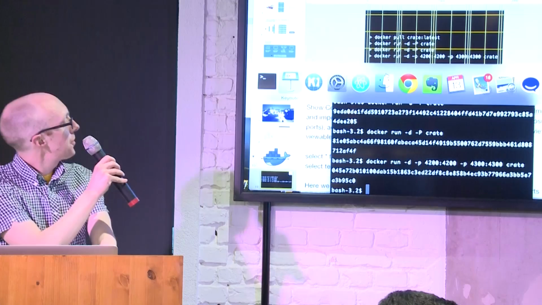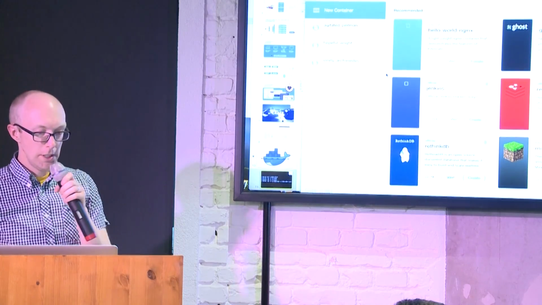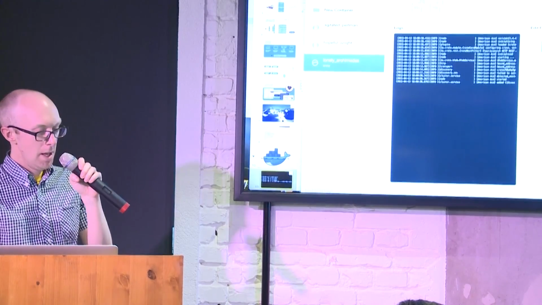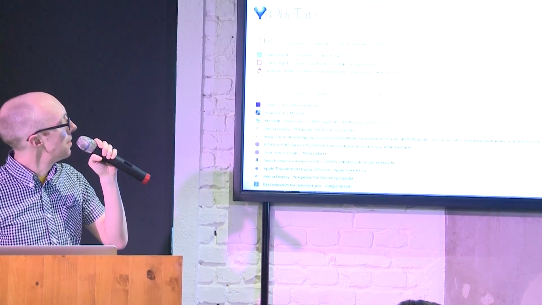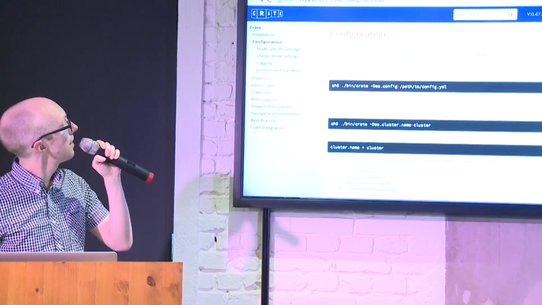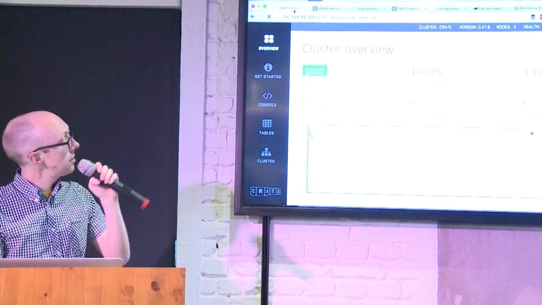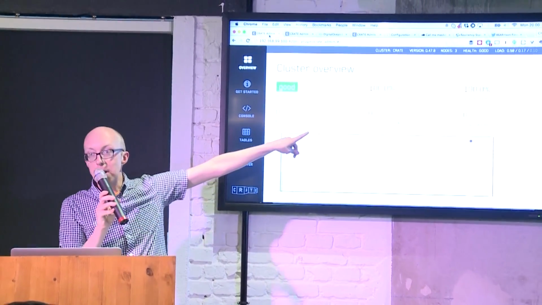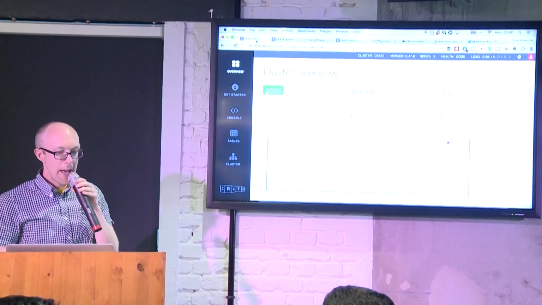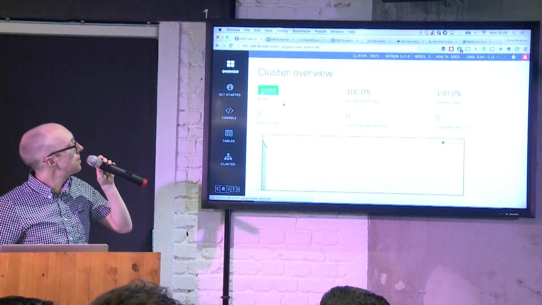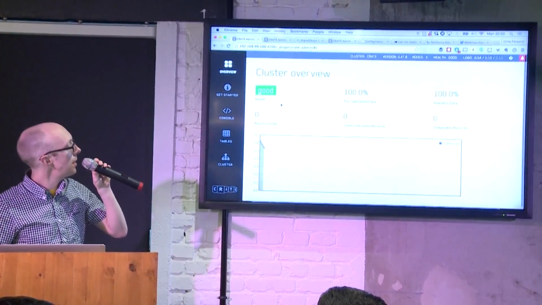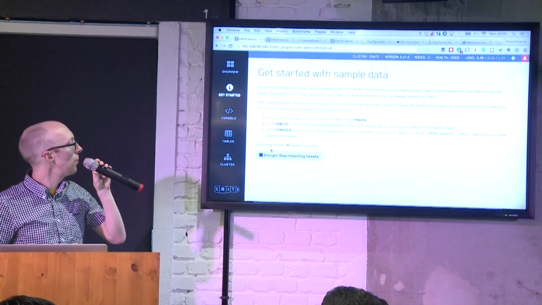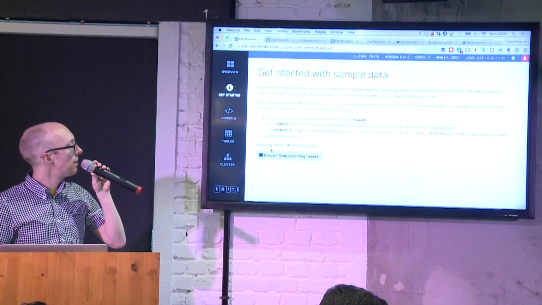Okay. So now if I switch into Kitematic, we'll see the 3 containers there. And just to show, we have a very cool admin UI, which is not that or that. It's this. I'll just refresh to get the actual current ones. And we can see up in the near top right-hand corner, nodes 3. And this is our default admin UI that comes straight away with Crate. Gives you an overview of everything. Get started, which we'll do. We just have a Twitter import to get you started with data to play with.